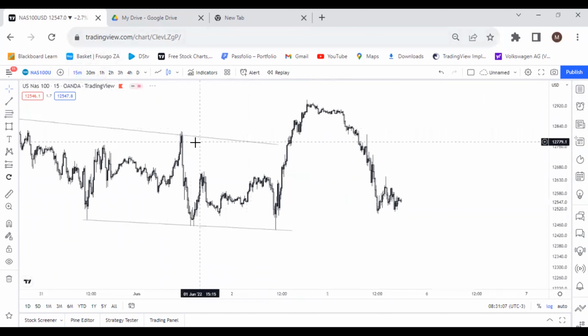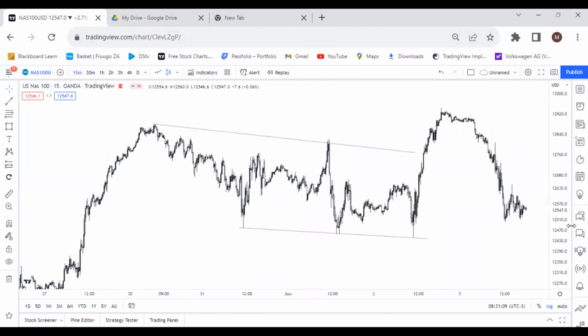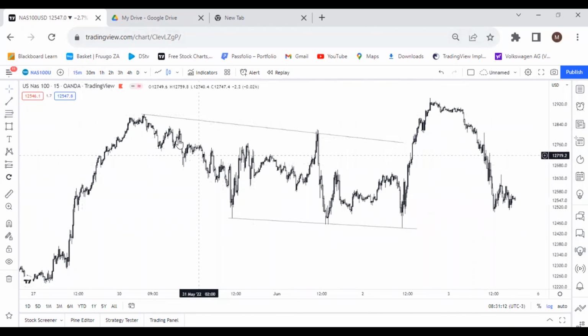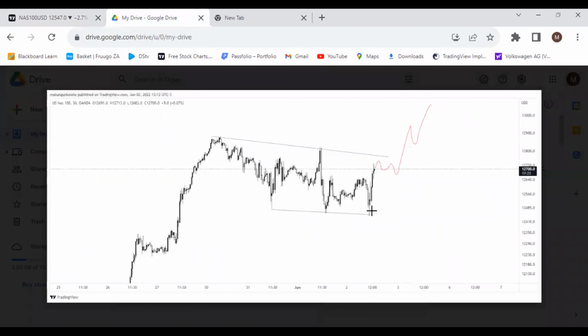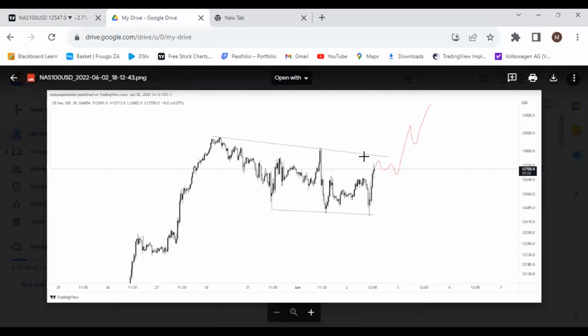So if I can just scale to the 15-minute time frame, you can see that remember that the third touch is the one with the highest probability. So we're always keen on trading the third touch. And as you can see, we had a nice reversal at the third touch right here and a huge impulse to the upside where we were waiting to trade the correction. So we enter the correction, and because it's a continuous signal,